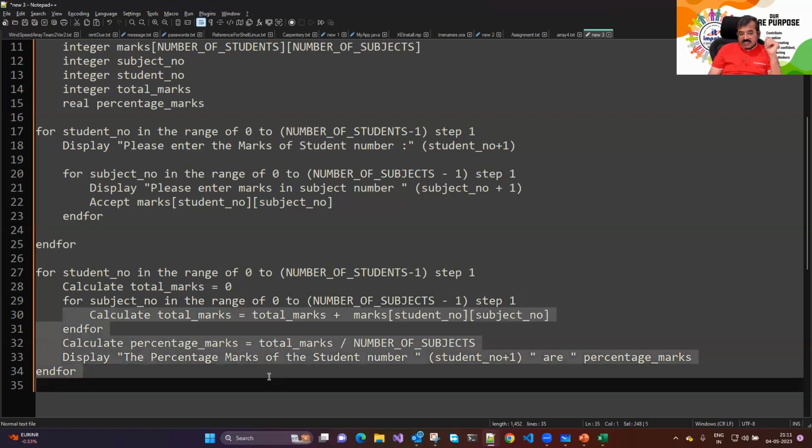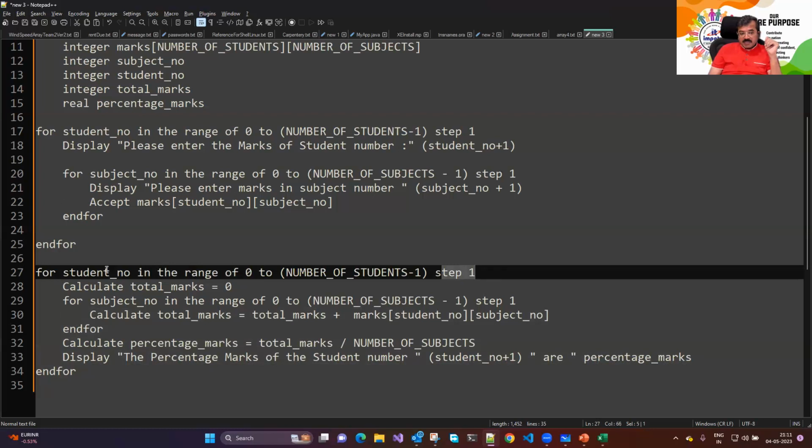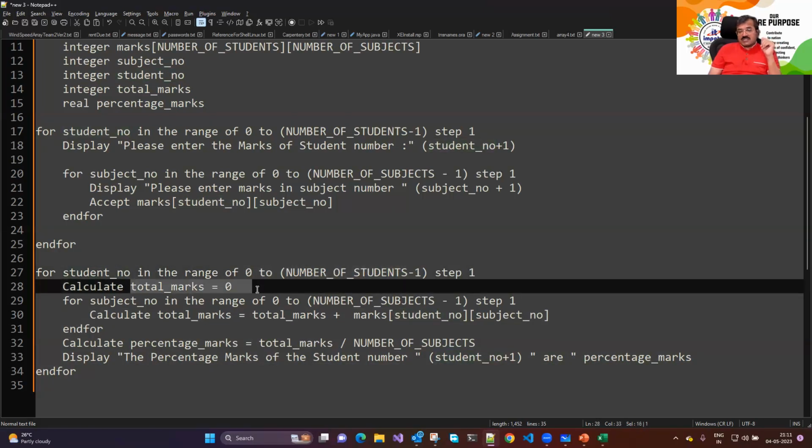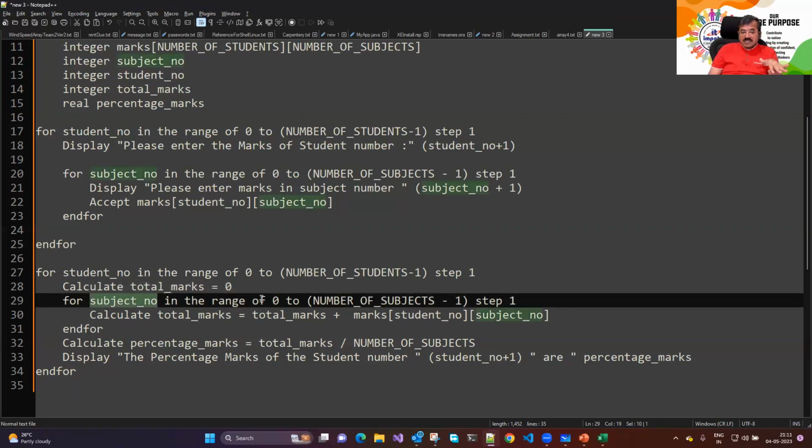समझे ये हमने फर्स्ट स्टूडेंट के डिस्प्ले कर दिया, स्टेप 1 कहने पर स्टूडेंट नंबर बिकम्स 1 इन द रेंज ऑफ 0 to 5, यस, वी आर अगेन रीसेटिंग टोटल मार्क्स टू 0। ये नहीं करोगे तो फर्स्ट स्टूडेंट के मार्क्स विल गेट एडेड इन द सेकंड स्टूडेंट मार्क्स। So here we have reset the total marks to 0 and now we say subject number in the range of 0 to 5, again total marks जो 0 है,